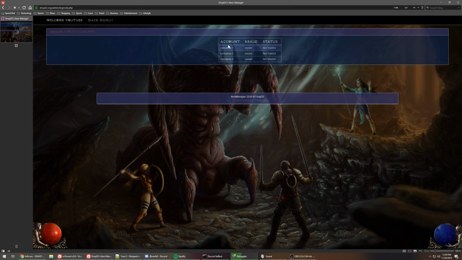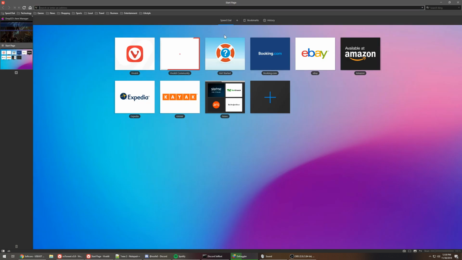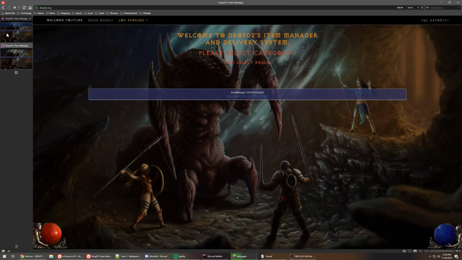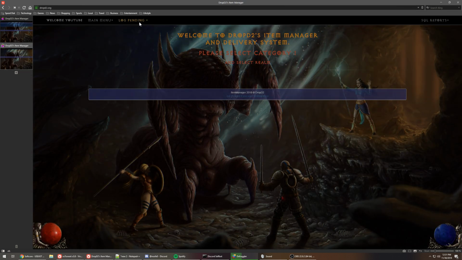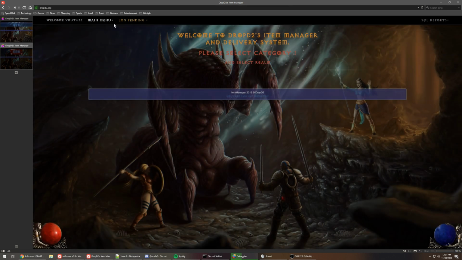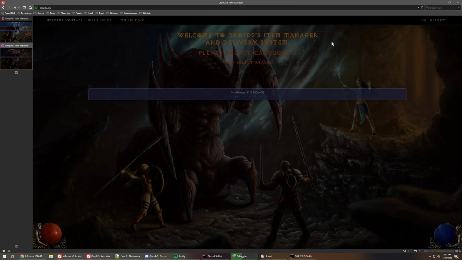Okay. So this is a logging screen. I recommend to never leave this screen just for safety issues. You can open up another tab. I just recommend to do that. You will not be able to drop items or anything like that, and you will not be able to access